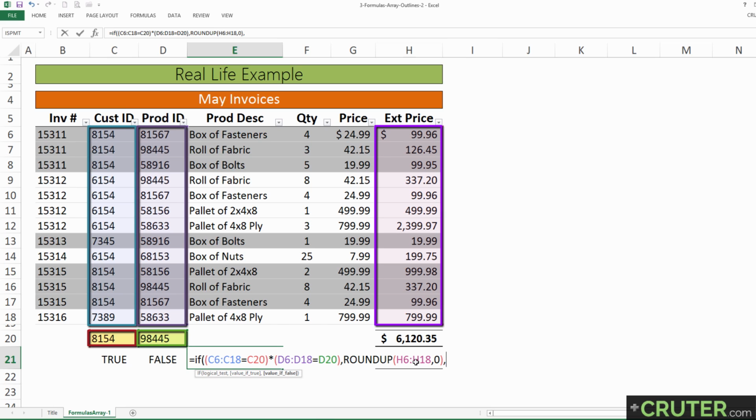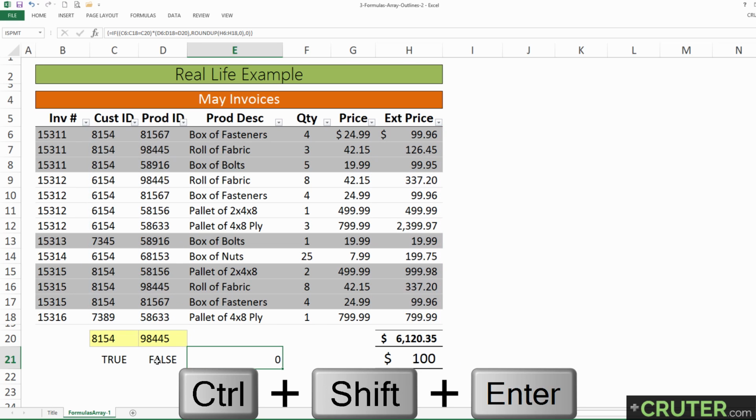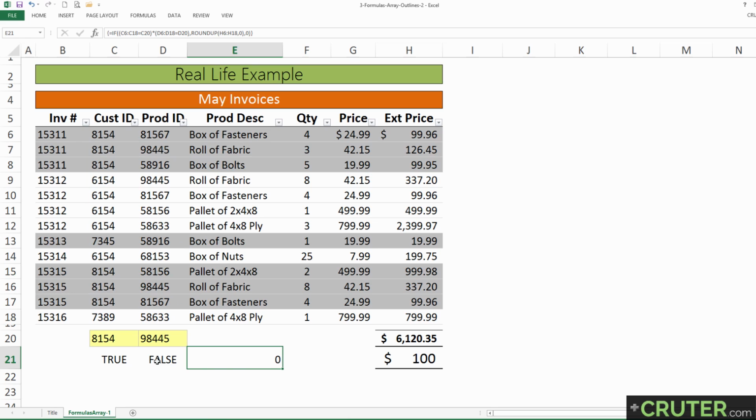The false statement is when this is true and this is false, or if they're both false, just read it as 0. That's not the criteria we're looking for. Don't add it. End the parentheses, and I'm going to hold Control Shift and Enter. And before I do, try to think what value should be returning right now. And if you answered 0, that's correct. And that's because an if statement